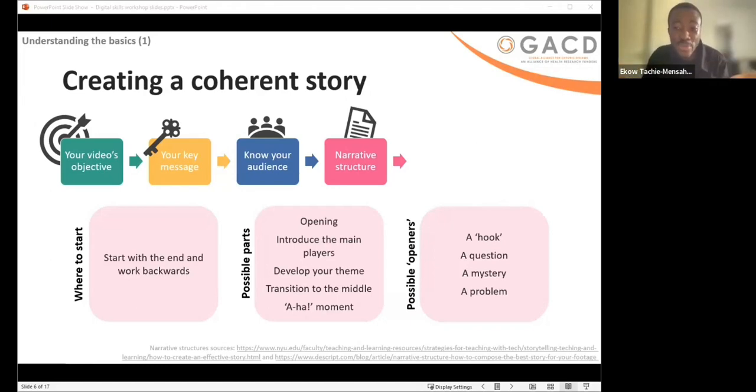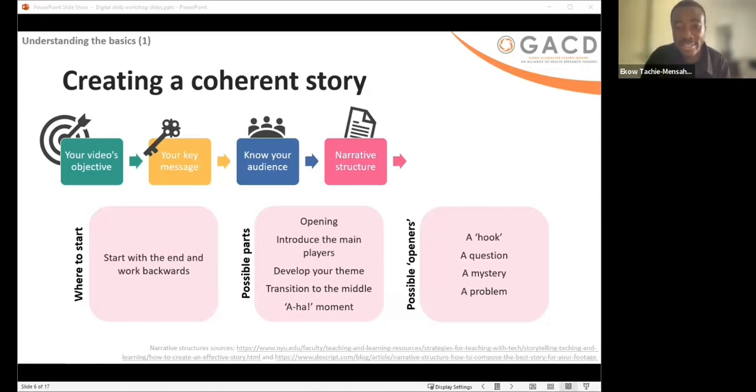Or you can present a problem like feeling tired all the time. Are you feeling tired all the time? These hooks really make people very eager to watch more. And that's the whole point of your videos. You start with a very good opener that makes people want to stay with you, to listen to your story to the end.